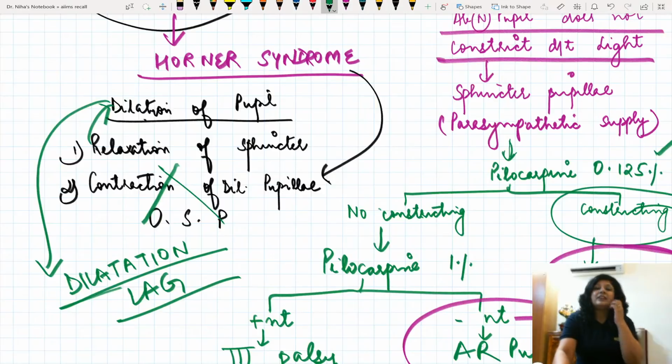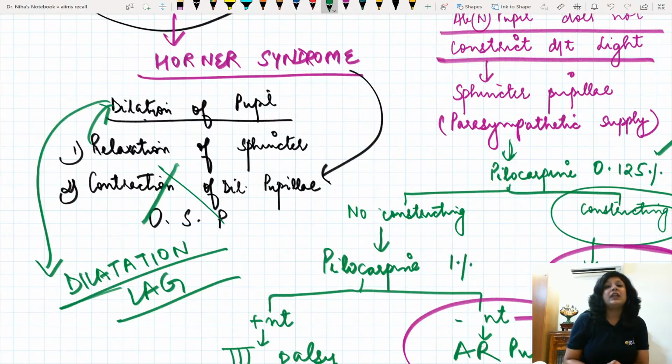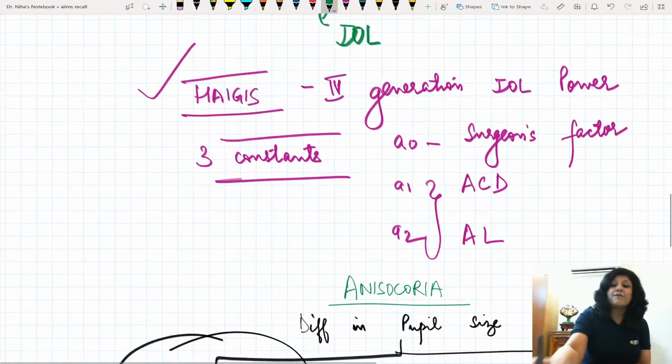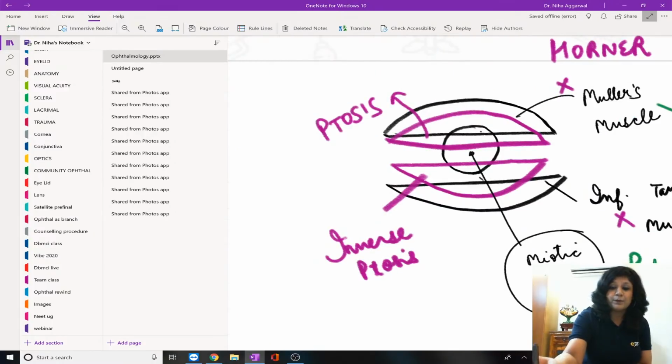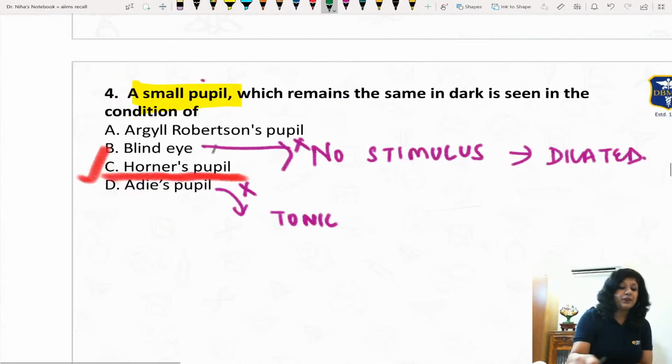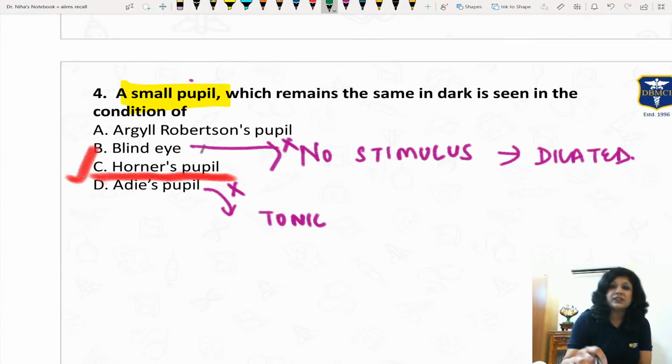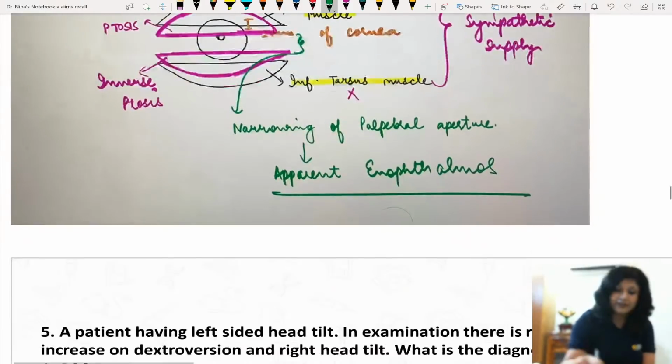It will dilate due to the relaxation of the sphincter, but certainly it will not do it at the same time. So we can even check it under the dark conditions in our OPD rooms. Switch off the light and show the torch light from below, okay, and then remove. So you will see that there is a dilatation lag in the other eye by about 4 to 5 seconds. So that particular dilatation lag, which increases in the dark conditions, is found in the Horner syndrome. It should be very clear that it is not the AR pupil and it is just your Horner's pupil. I suppose this is very clear to you, right?